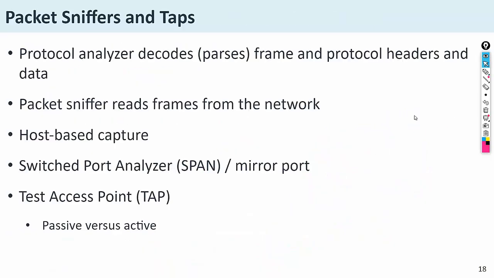Now the question is, if the data is traveling in the network in the form of packets or frames, how can you sniff the data? Why do you need to sniff the data? Actually, as a network security engineer, SOC analyst, or security analyst, it is necessary to capture the data and then check what type of data it is. So for capturing the data, there are two possibilities. One is the sniffing method, another is the taps method.